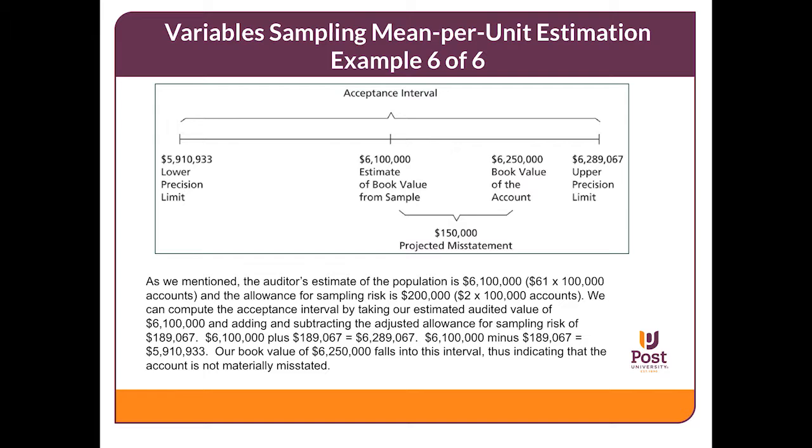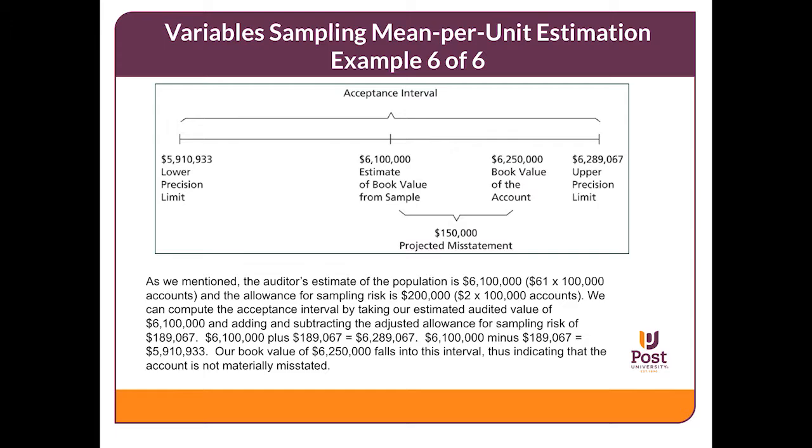The $6,100,000 minus the $189,067 equals $5,910,933. Our book value falls into this interval, thus indicating the account is not